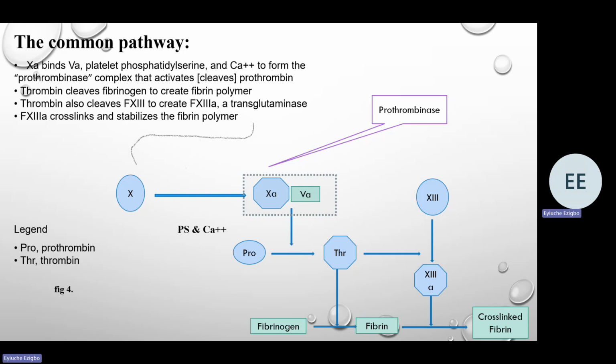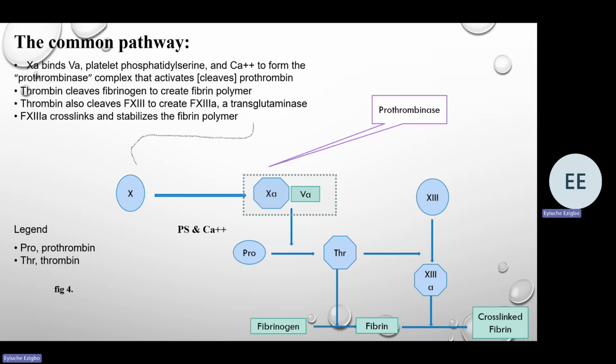As you can see in the diagram, the pathway for the activation of factor 10 and that of thrombin, and also activation of factor 13 and the conversion of fibrinogen to fibrin and the cross-linking of this fibrin molecule by the activated factor 13. So that is the common pathway, and this common pathway is common to both the extrinsic and